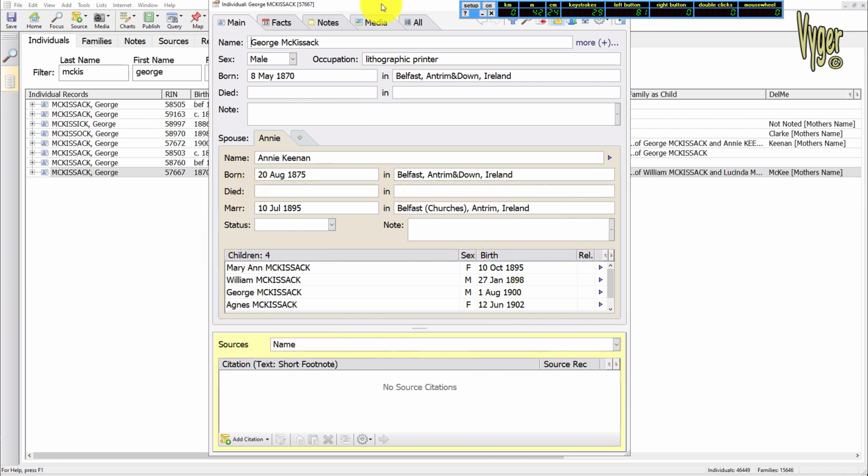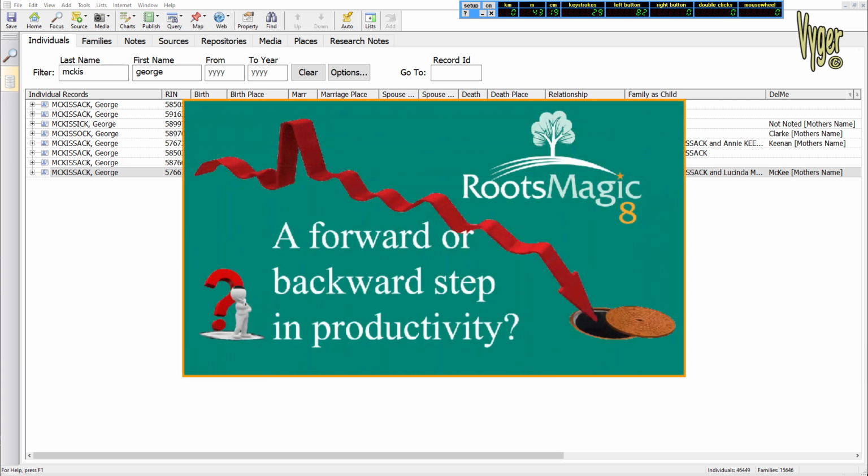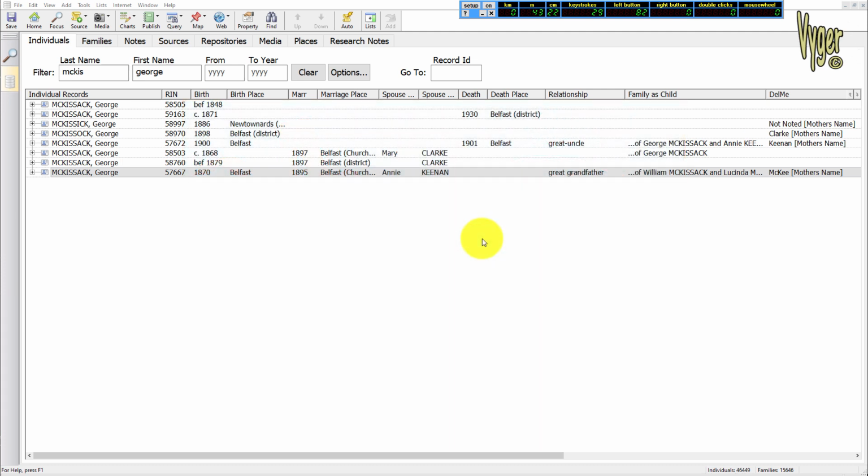Let me move this out of the way again. I will do a comparison with the click count in Rootsmagic 8. It's going to take me a while. I don't use the program because I've demonstrated previously that it's much slower to use and much slower in operation. Also, most operations require many more clicks, so it'll be interesting to see how that turns out, but I will publish that at the end, and maybe we'll be surprised.